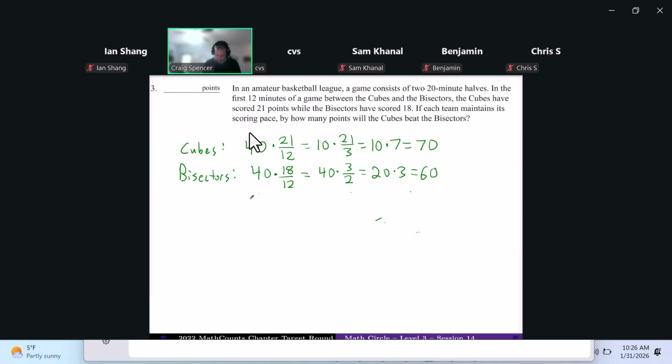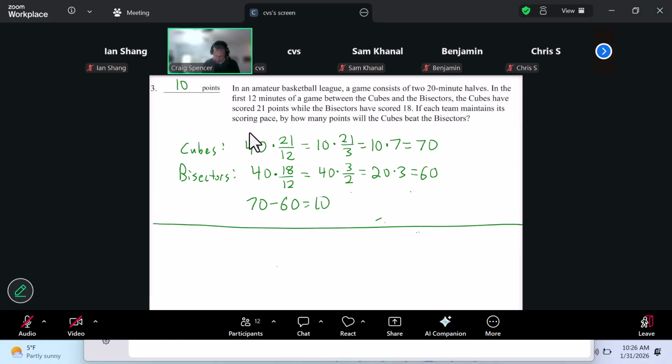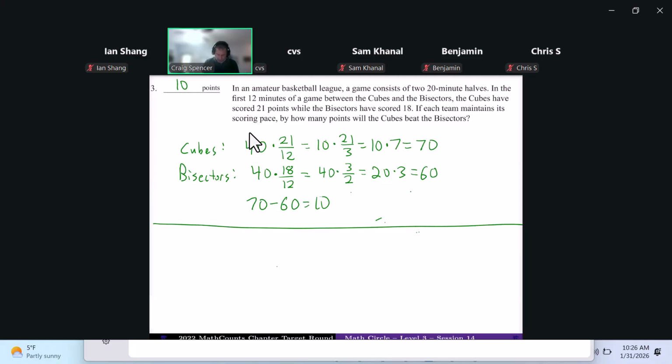So just double check that. That's something that is very important. So we can see here the cube scores 70, the bisector scores 60. There is a 10-point difference between their scores. So that works. Alternatively, something maybe a little bit more clever, in this 12 minutes,